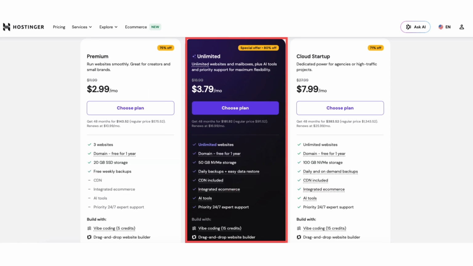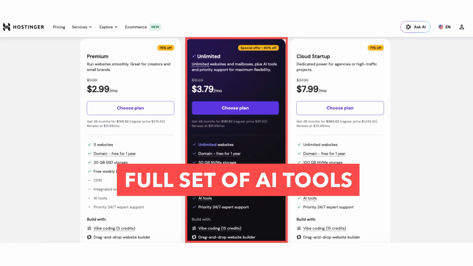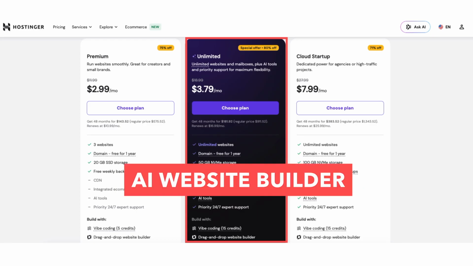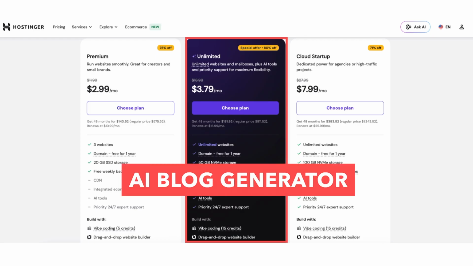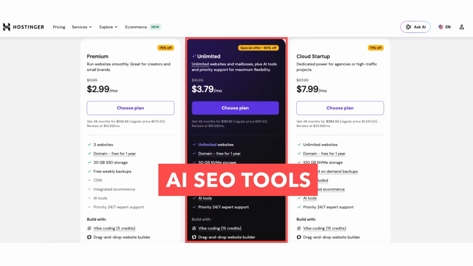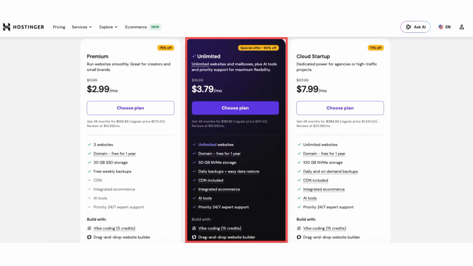The Unlimited plan also includes access to Hostinger's AI tools, including its AI website builder, AI image generator, AI writer, AI blog generator, and AI SEO tools. Overall, Unlimited provides the best balance of price, performance, backups, and features for most blogs, business websites, and anyone planning